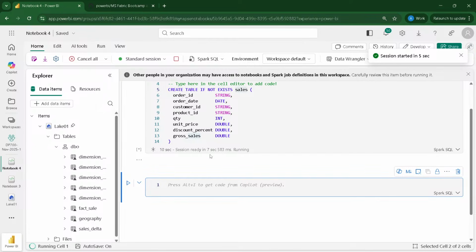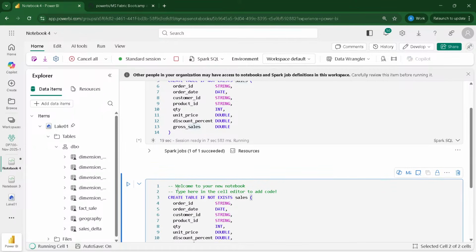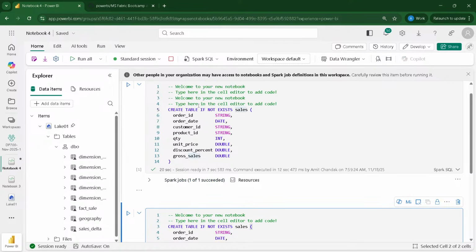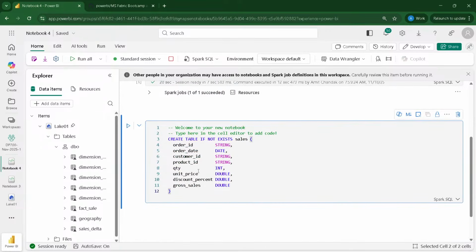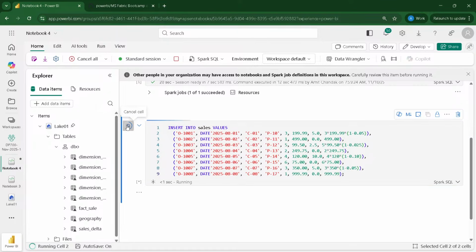So first it starts the Spark session. It tells you how much time it takes to start the Spark session, and for the very first time when you load it, it may take time to load the schemas and everything. So it may take a little time to run the very first command, but after that it would be much faster. So we have created it. Now we would like to insert the data. So I'm going to bring in that data. Again, this data would be available to you on GitHub. If not, let me know and I'll supply you these things.